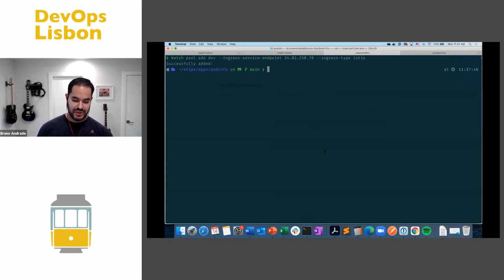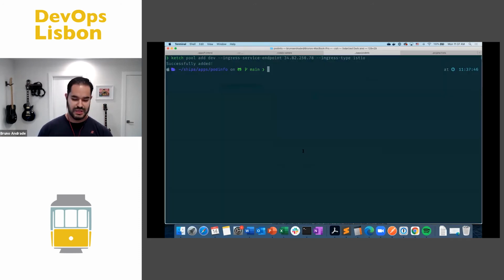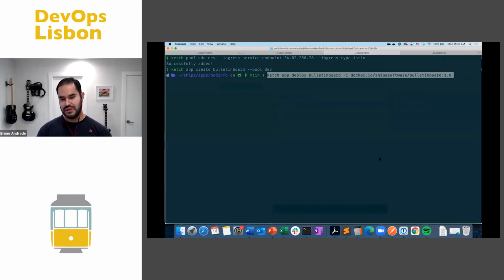And now I'm going to create an application called bulletin board. And I'm going to deploy my application, which is an image already stored somewhere on Docker Hub. And I'll just do a ketch app deploy bulletin board, and I'll pass my image.